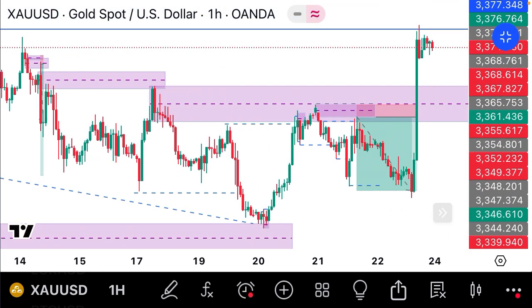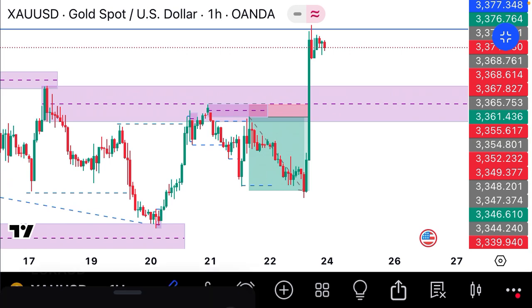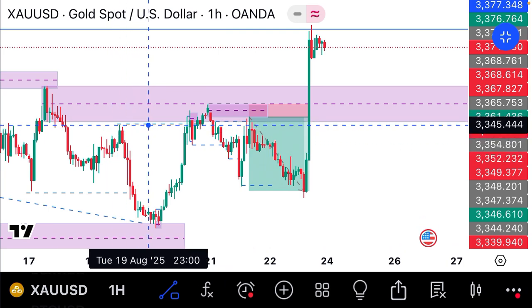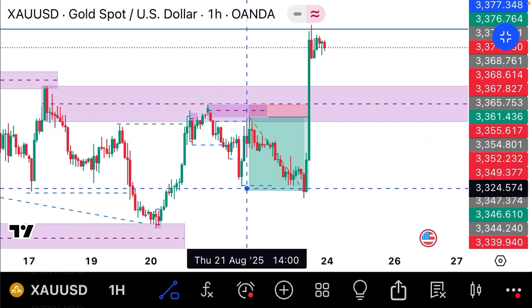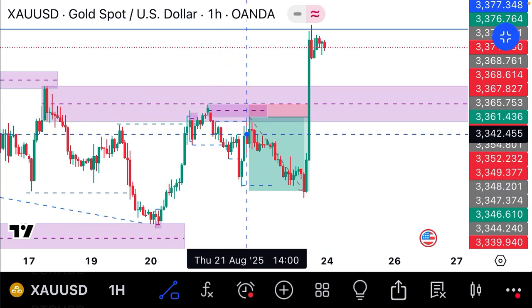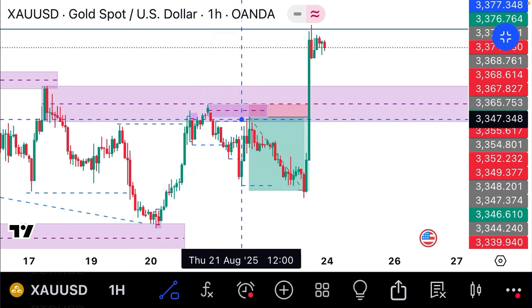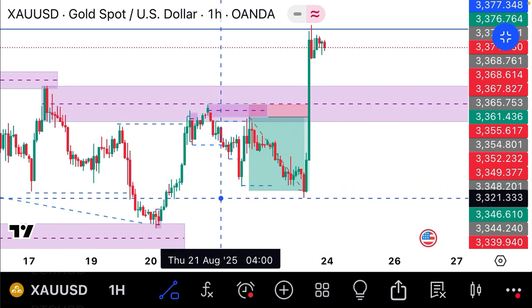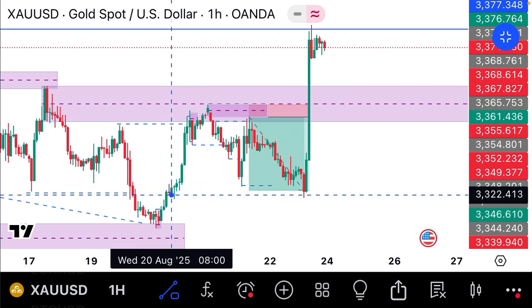So we are on the 1 hour time frame now. Like I said, price gave us a break of structure. So we have a break of structure here. See, and price gave us an inducement here and went up. As you can see, there was no break of structure again. Then price came back, took out this low, and then tapped into another block here